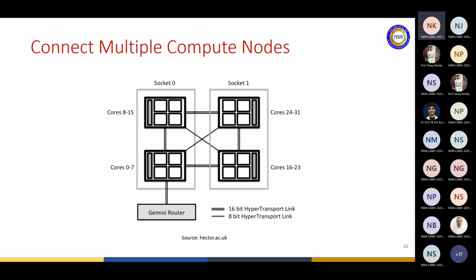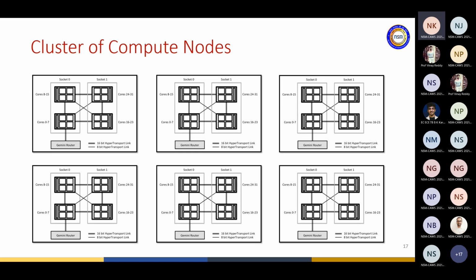Now here, in the bottom of this figure, you can see there's a box which says Gemini router. This is what is going to connect this node to the other nodes, and you may get something like this. So this is just a simplistic view: you can use some routers to connect to other nodes, and then you can build a cluster of compute nodes, right? Okay, so